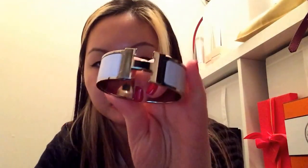The interior here is not really shiny because this did come in contact with water. Water isn't really ideal for the metal part here, or actually the whole bracelet itself, because it can make it very dull. As you can see, there are some dull marks there. I just have to go in and clean it a bit, and I guess it will show up a little bit shiny, but for now it's not very shiny. But it's just the interior of the bracelet, and it's okay. And with proper care, like proper cleaning, you can definitely